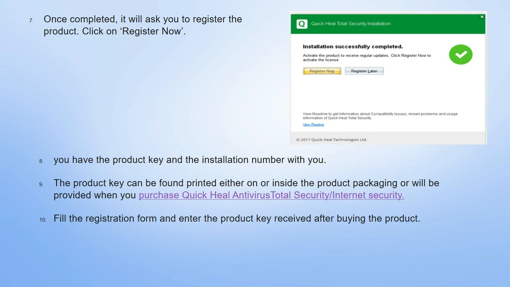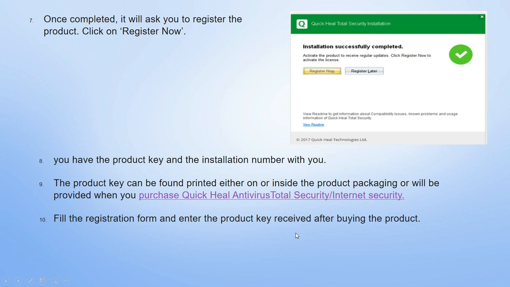Now click on register now. Then you have to put in the product key and the installation number. When you purchase, you have the product key, so in that place you have to write the product key. The product key can be found printed either on or inside the product packaging, or it will be provided when you purchase the Quick Heal Total Security or Internet Security.